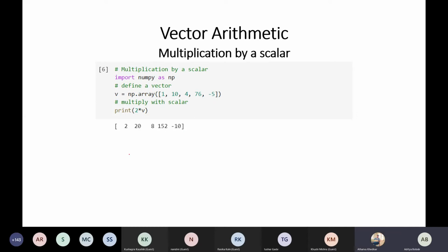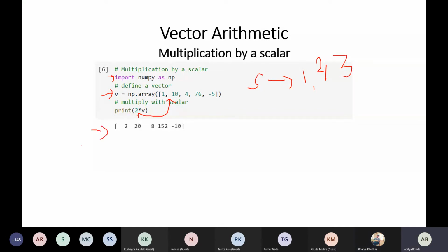Okay, so we'll be moving on to the vector. Now, what is a scalar? I already told you, a scalar is a singular value like 1, 2, 3, anything that is a singular quantity. Again, I'm importing numpy as np, defining a variable v. Inside that variable, I'm passing an array, and I am multiplying it with the scalar 2. So now what will happen is 2 will go inside that bracket and get multiplied with each of these numbers, 2 into 1, 2 into the next, and then we will get this as output.